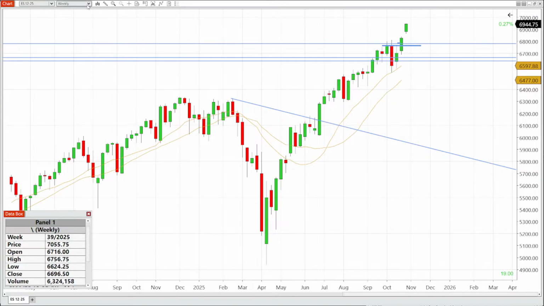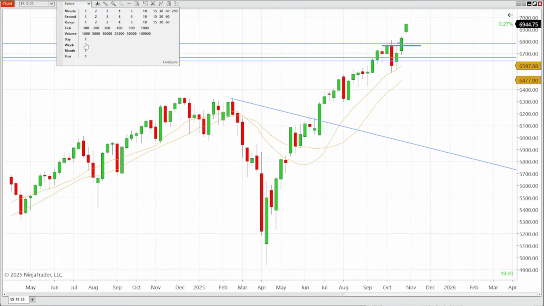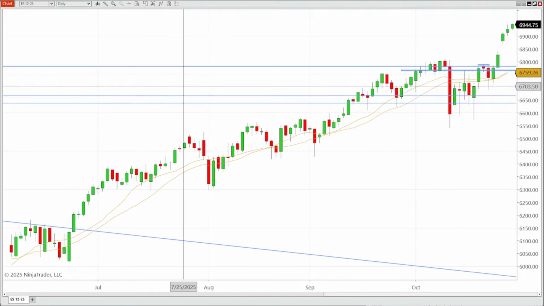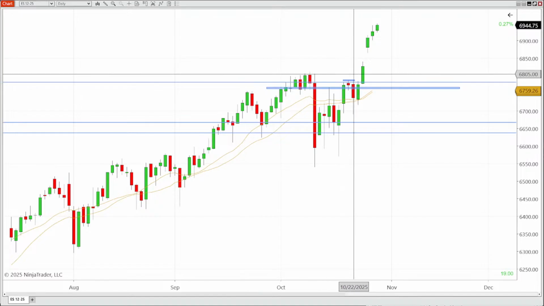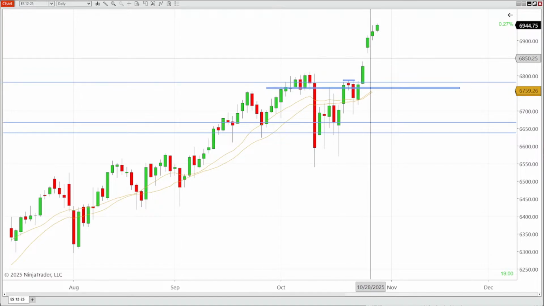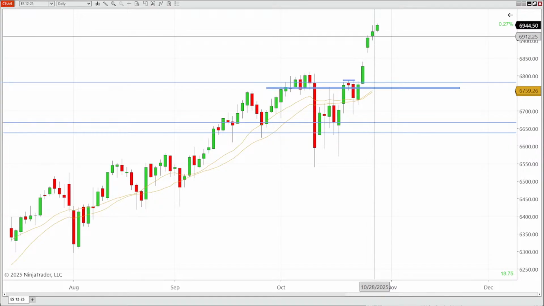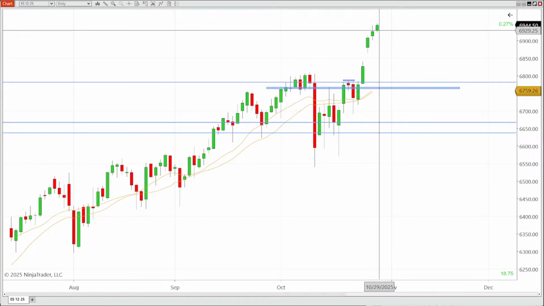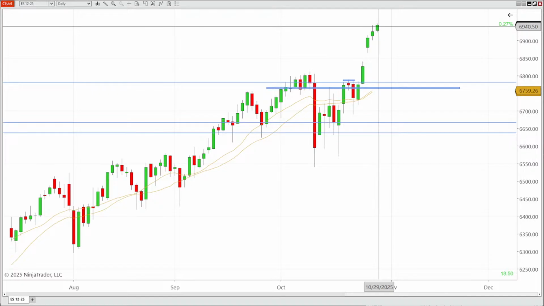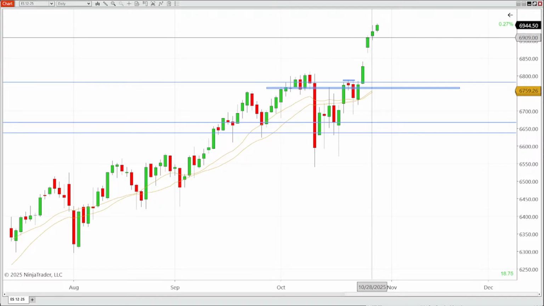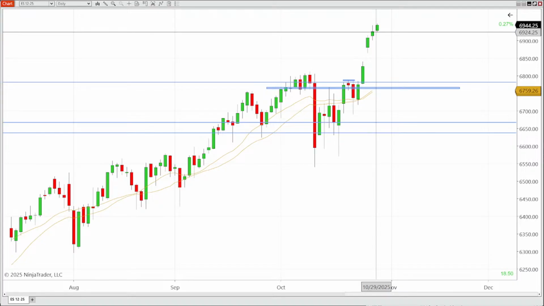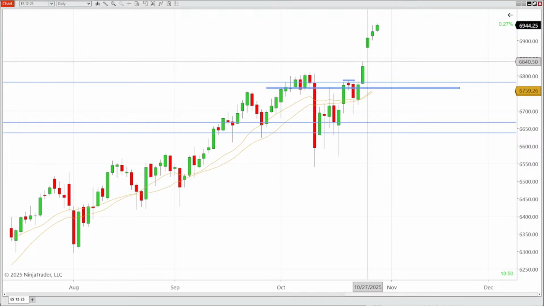Let's drop down to daily. That's how it looks. We put the gap up, and each day we've been making new highs and closing near the high. We're open today, but this closed higher over the previous day's high, and this one is low as the previous day's close. So we're bullish until we're not bullish, and we're running up.